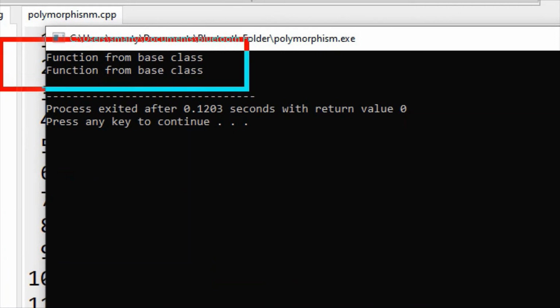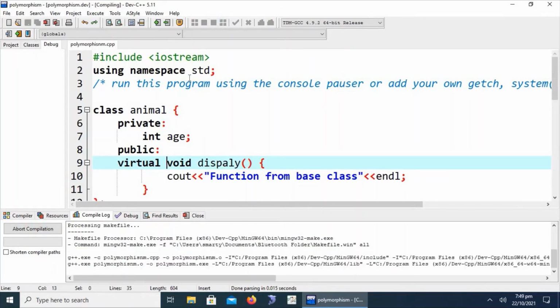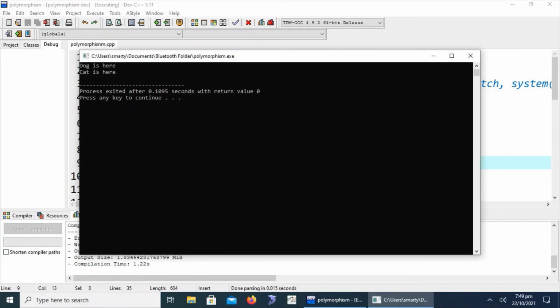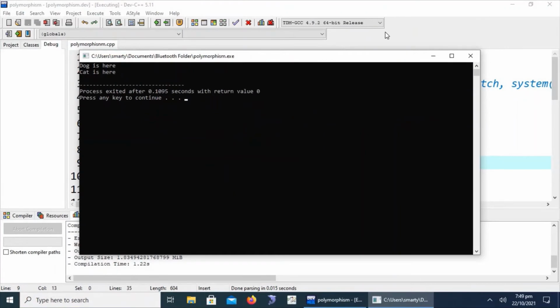Here is the difference. We have to keep monitoring this difference: the function from the base class, and after adding the virtual keyword, this is called late binding or runtime binding, to bind the object pointer from the base class to different objects or pointers from the derived classes at runtime.